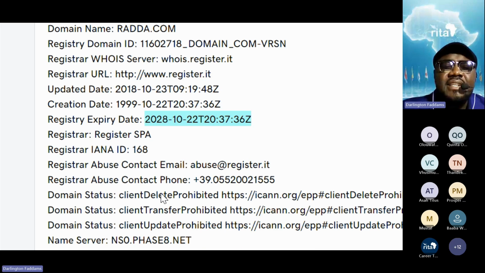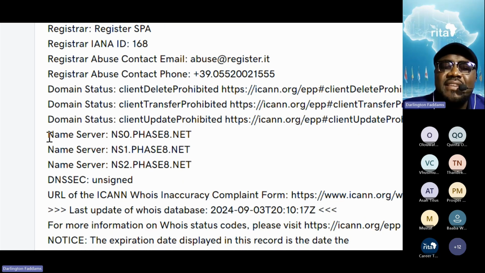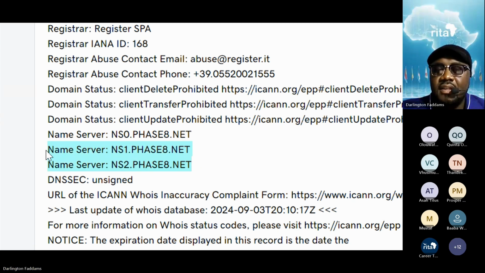Apart from that information, you are also going to know the name servers. This particular name is providing us with 3 name servers. And if you have never seen in your life what name servers look like, this is how name servers look like. Most of the time you see ns1.something.com or .net or whatever, and then ns2. Almost all the time you are going to see 2 lines of name servers. Some bigger sites will use up to 6 or 12 lines of name servers.